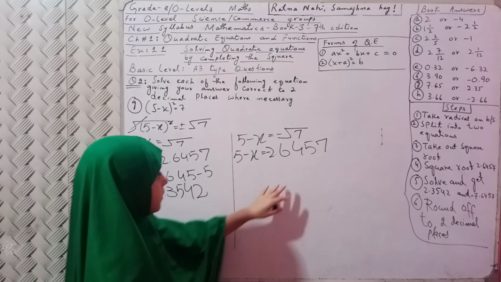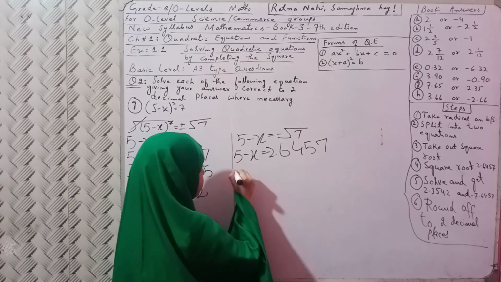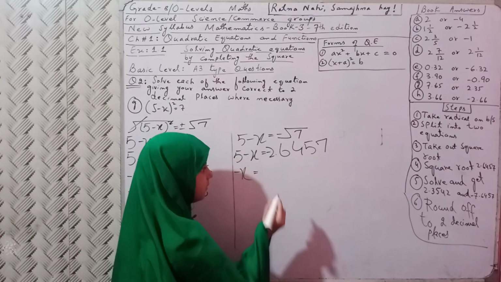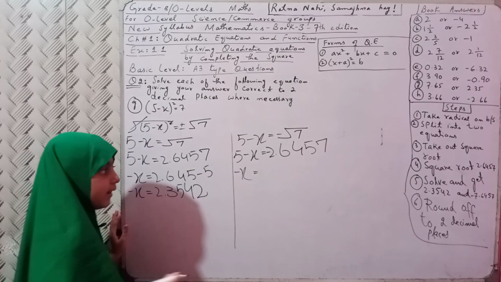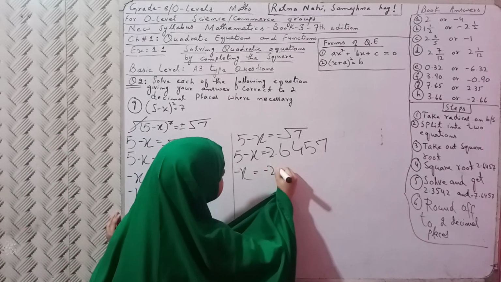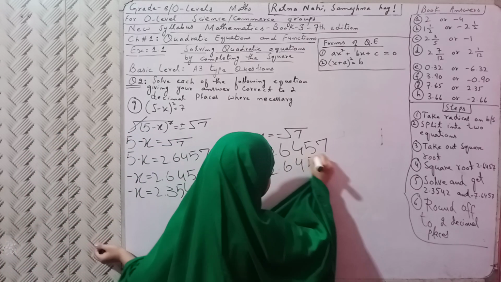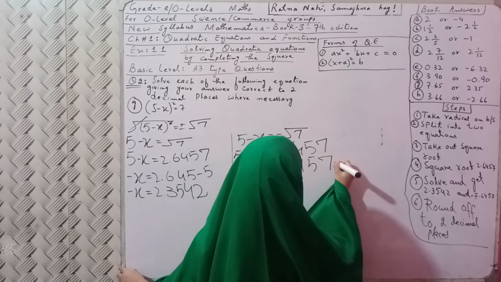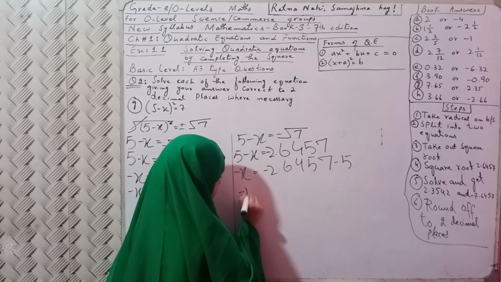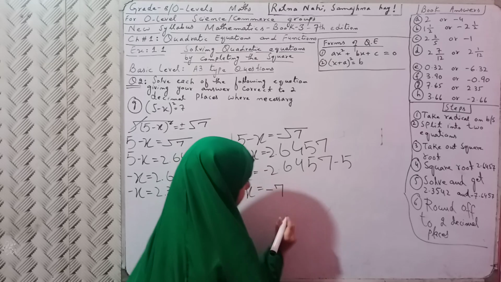Now here we will do like this. This 5 will go there, it will be minus 5. Then minus 2.6457 minus 5, so minus x is equal to